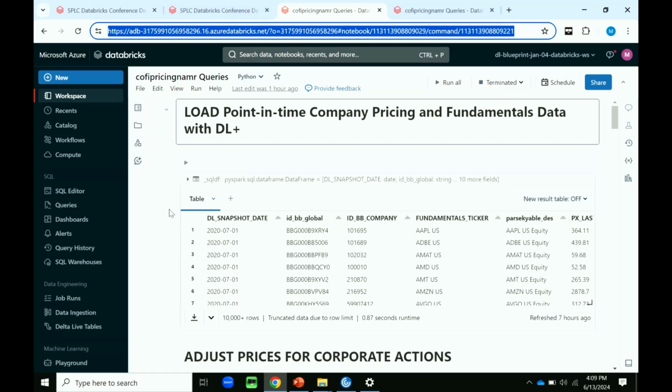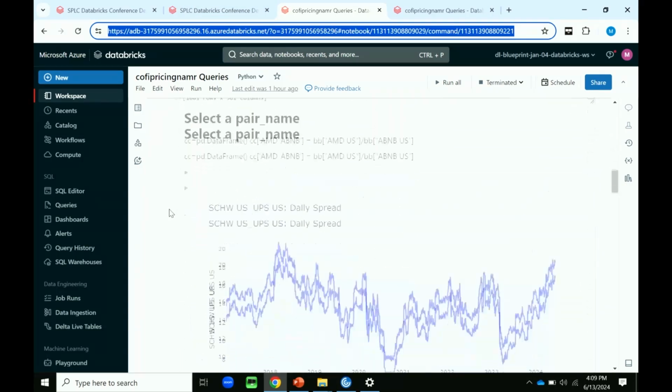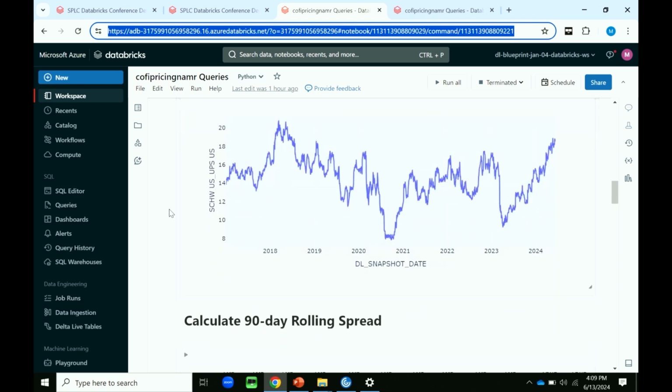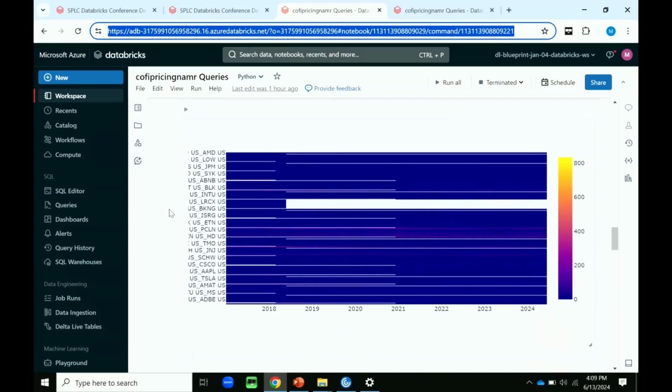So if we come back to here, what we now see is that the spreads between any given company can range from, in this case, Schwab versus UPS, 14x on average. But if we change that, many of them are, as we saw, more in the 0.1, 0.2. So what that leads to is it's very difficult just off of the spreads to have some comparisons. We have some where one company is worth 800 times the other company, and most of them are down here